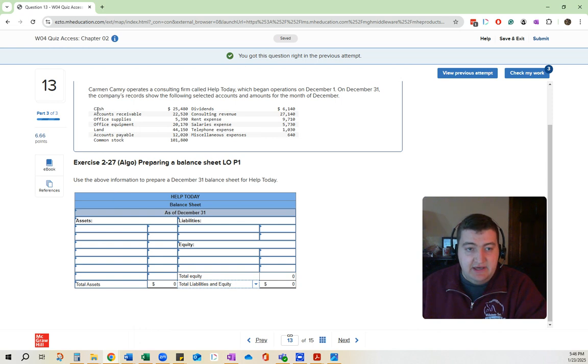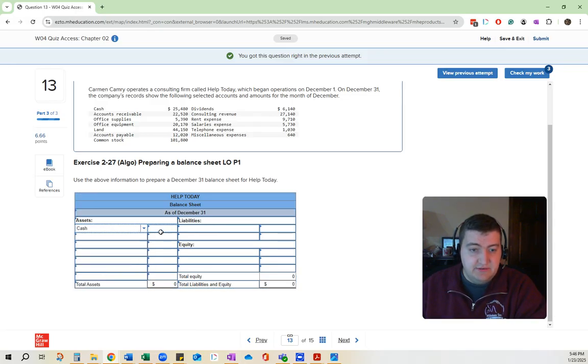So we're looking at accounts. The cash account, the accounts receivable, office supplies, equipment, land: those are all assets. Accounts payable, that's a liability, and then common stock, dividends, revenue and consulting, that's all equity. The equity is where you might trip up a bit, so we'll come to that in just a second. So first, we're going to enter in